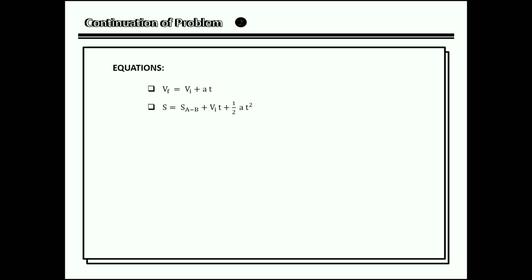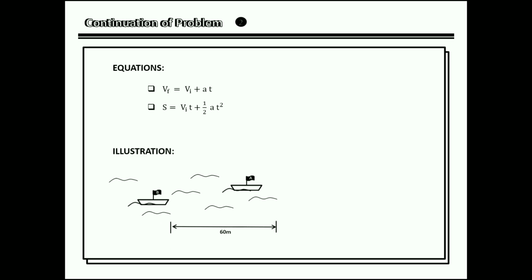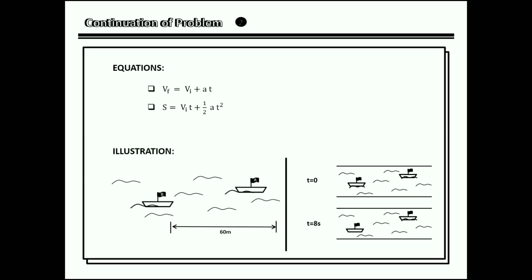To better understand this problem, here is an illustration. At first, boat A is leading boat B by 60 meters. That is at t equals 0. At t equals 9 seconds, boat A and boat B have the same position. To solve for this problem,